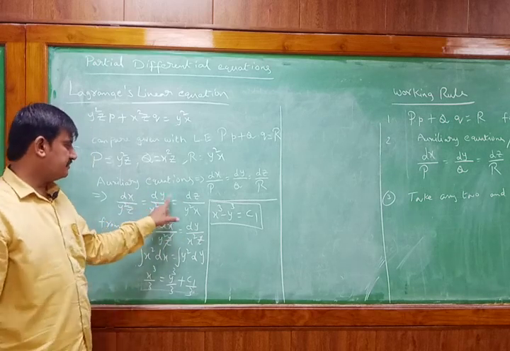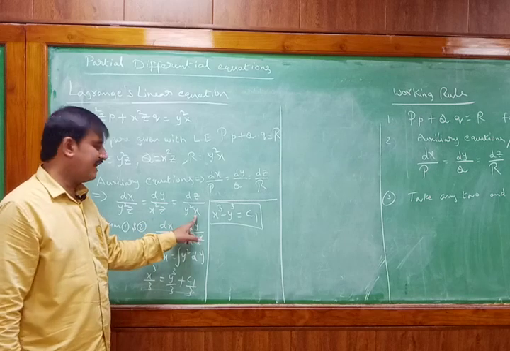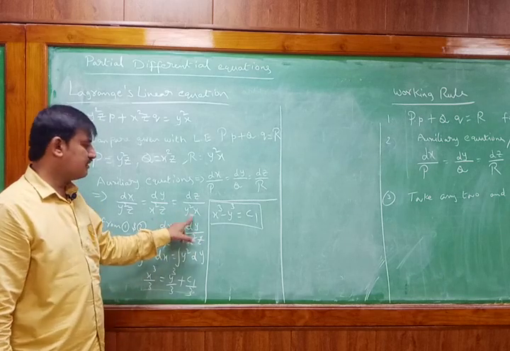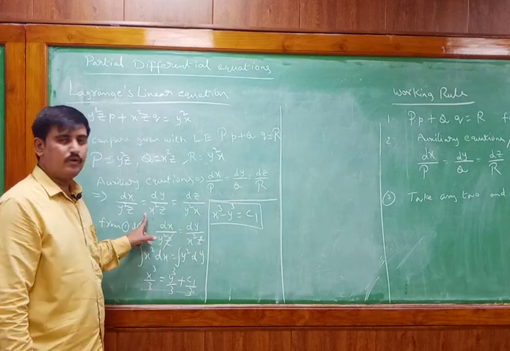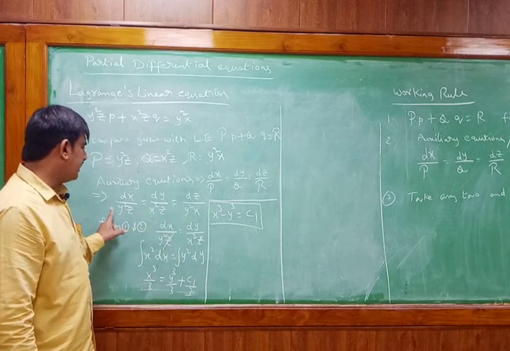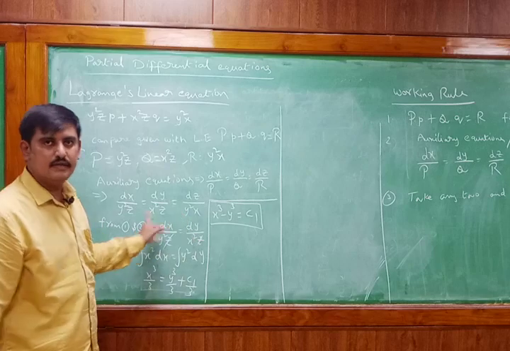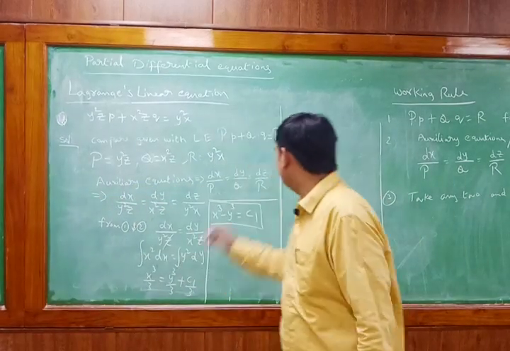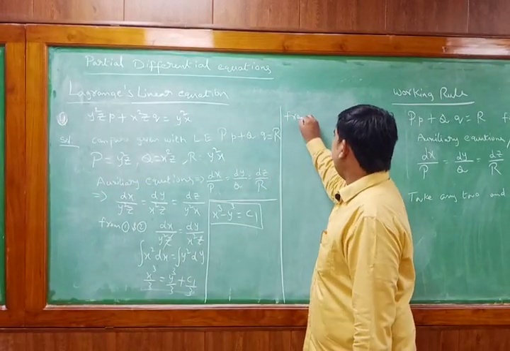Now to solve for C2, if I take 2 and 3 like in previous sums, what happens? You need to integrate with respect to y and z, but we have x here. One x and one x got cancelled, but we still get one more x, so it is not possible to integrate. So to solve for C2, let us take 1 and 3.